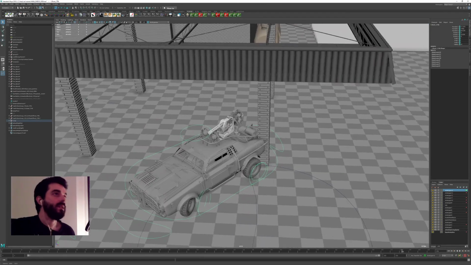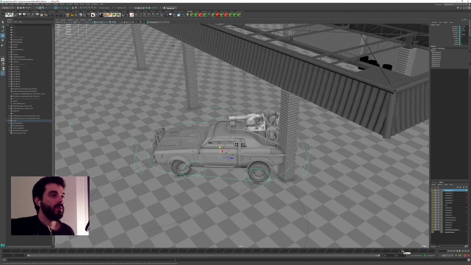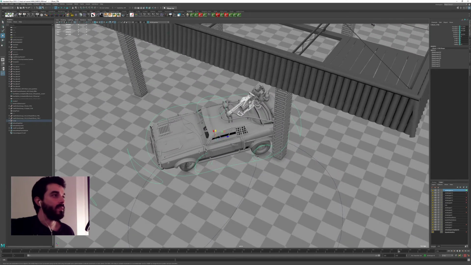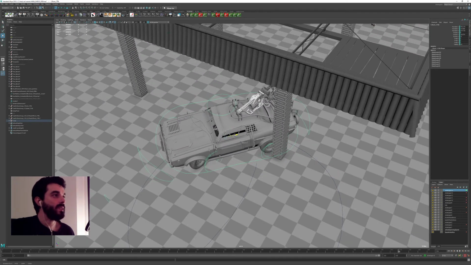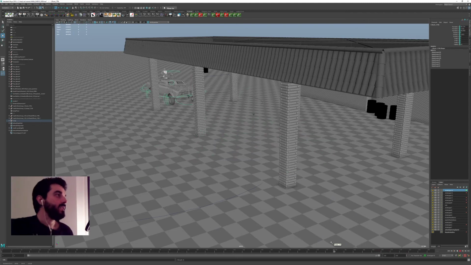We have this root controller on it, and we're going to find the hit point. This is the hit point, and I'm just going to place the car like so, a bit deeper into the contact point, set a key, and then I'm going to, I don't know,